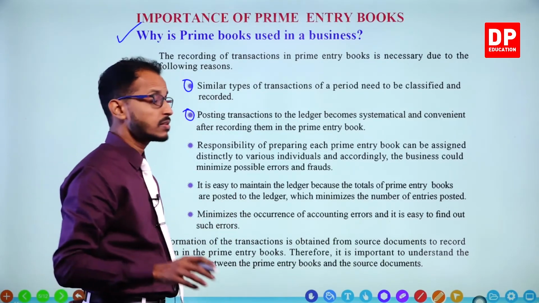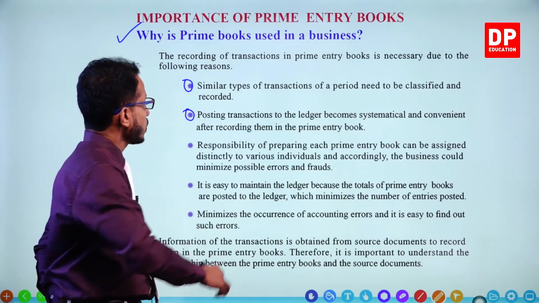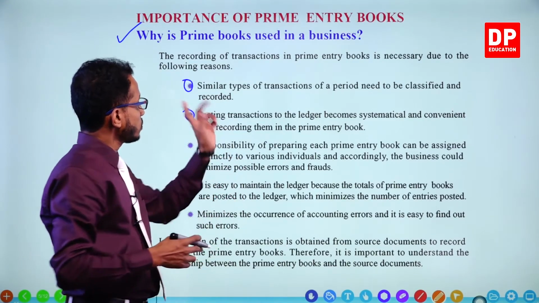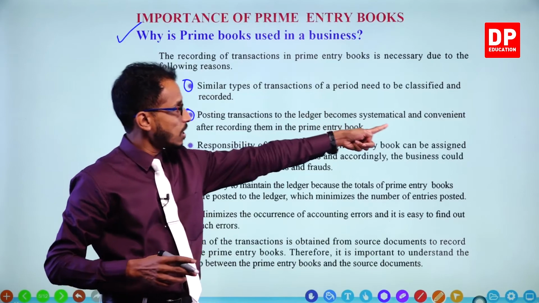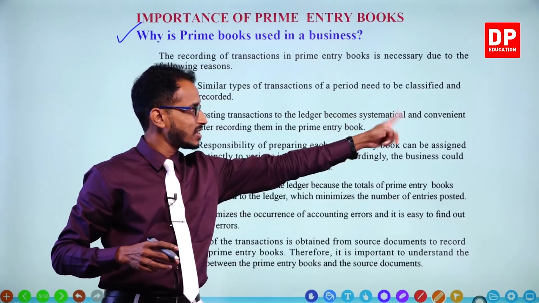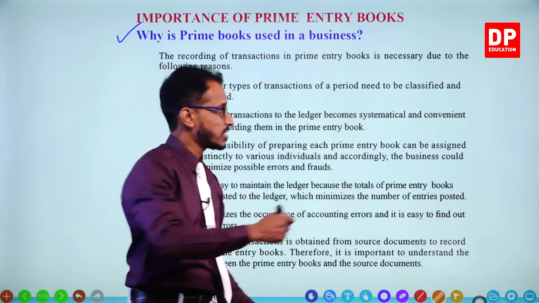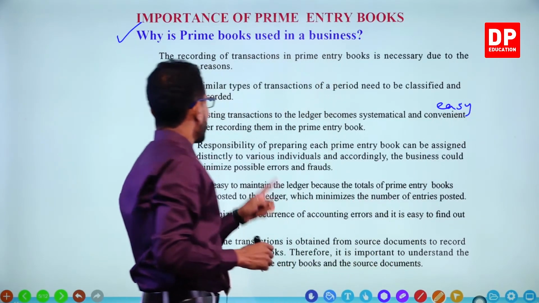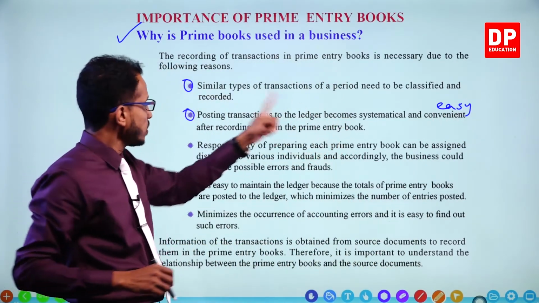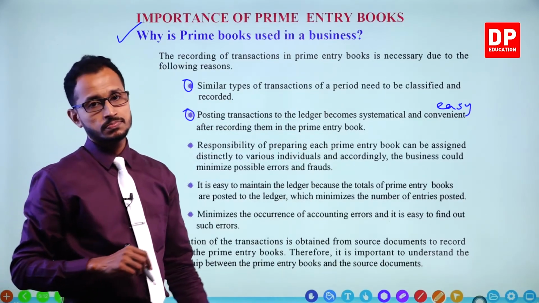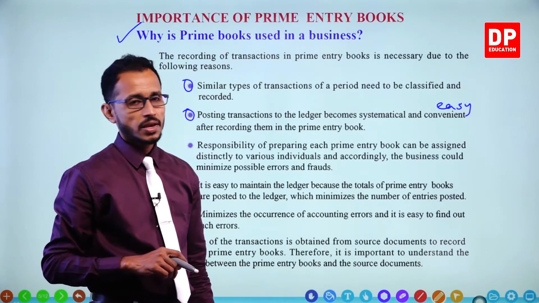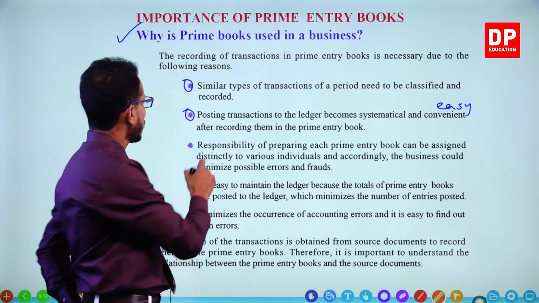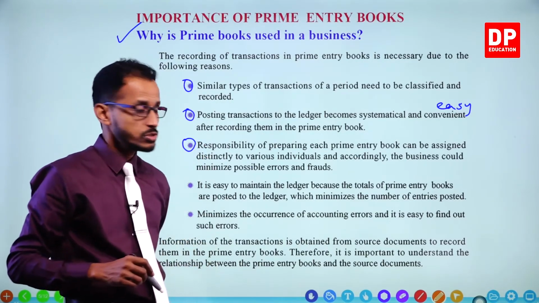This is the real scenario. Okay. So it says posting transactions to the ledger accounts becomes systematical and easy. Convenient means easy. Okay. After they are recorded in the prime entry books. Next use,